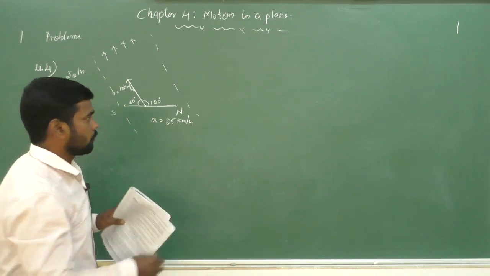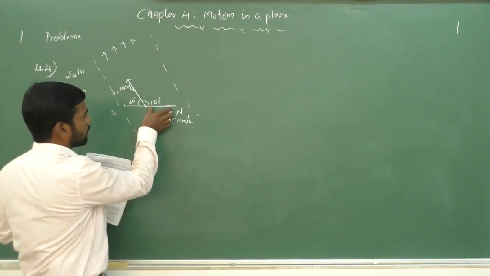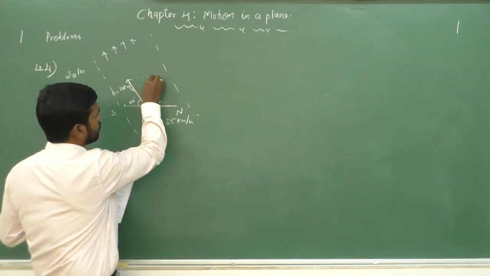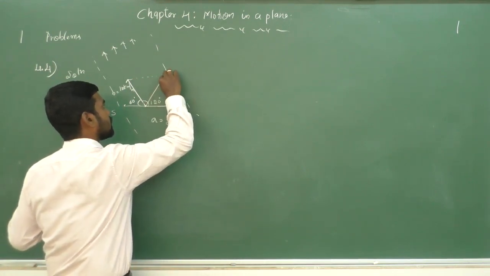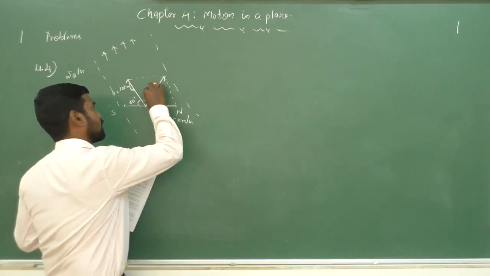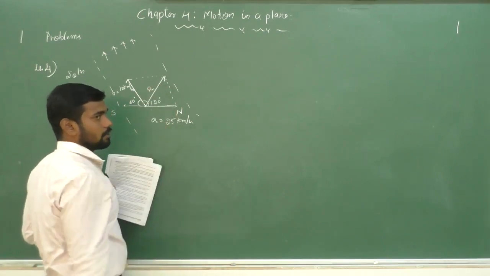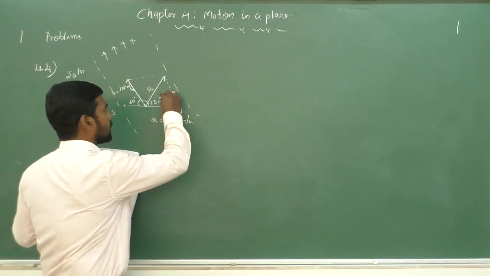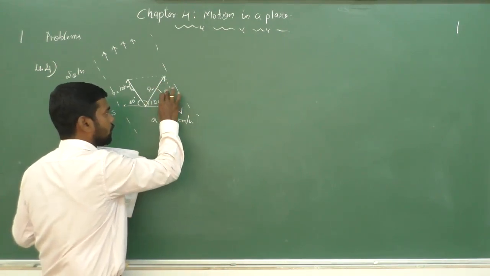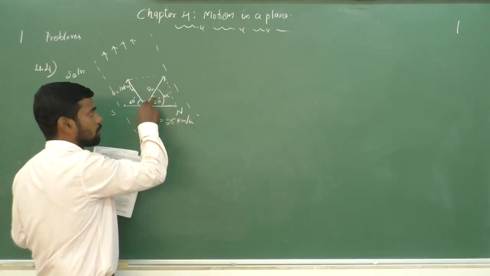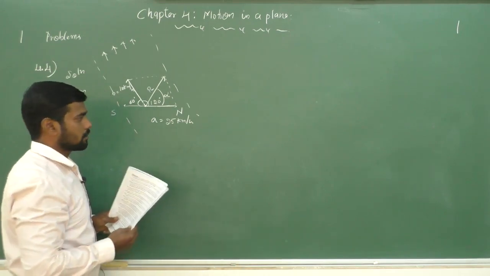What we need to find out is the resultant velocity of that boat. For that, definitely we use the parallelogram law of vector addition. The resultant will be here in this direction. That is the resultant, capital R. We have to find the magnitude of the resultant velocity. And how can we find the direction? This is the angle alpha, and that alpha gives the direction of the resultant velocity.